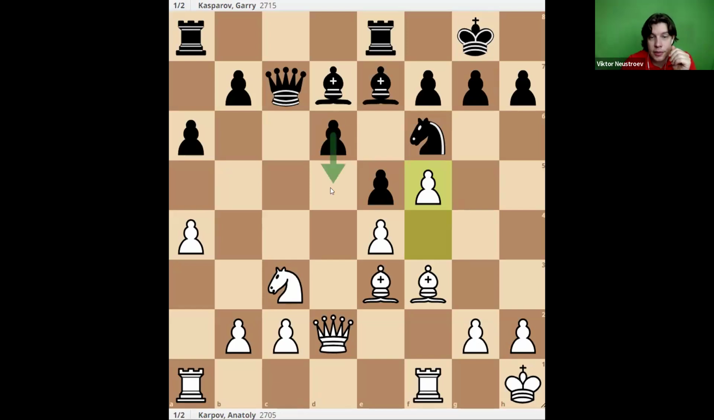If you play d5, they take with a knight, you take with your knight, they take with the queen, and then you cannot take on c2 because you have a lot of pieces hanging. So right now, d5 is a pawn sacrifice. So bishop c6, a5, grabbing more space. But this move, yes,